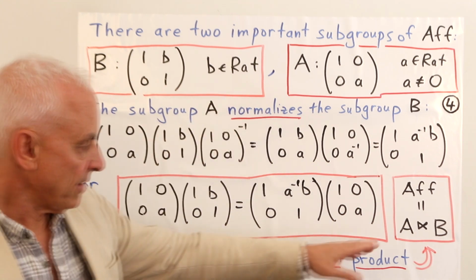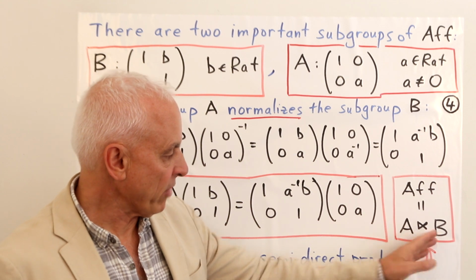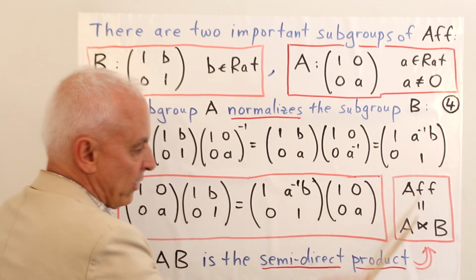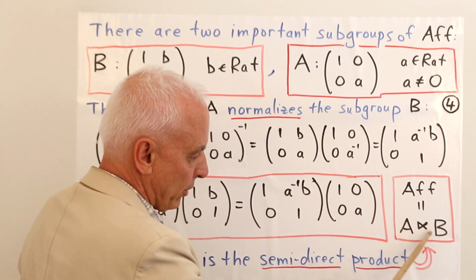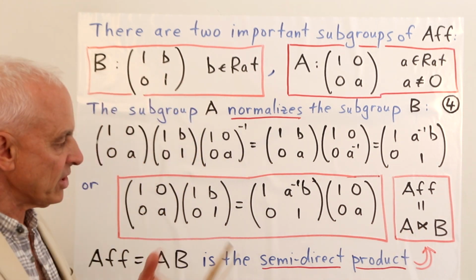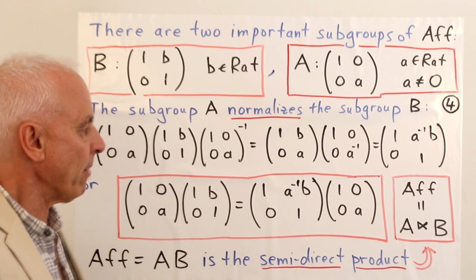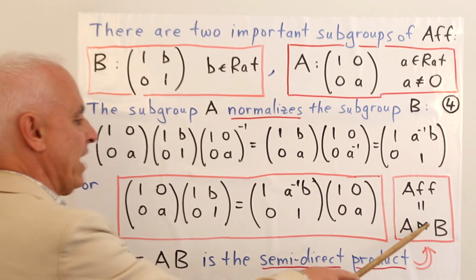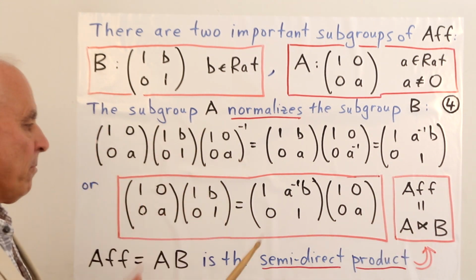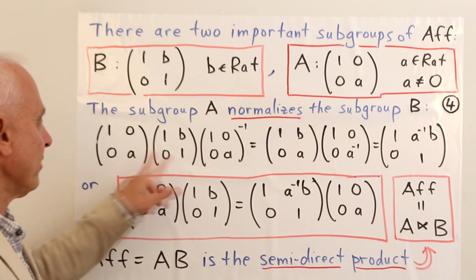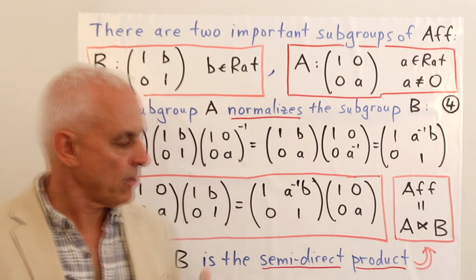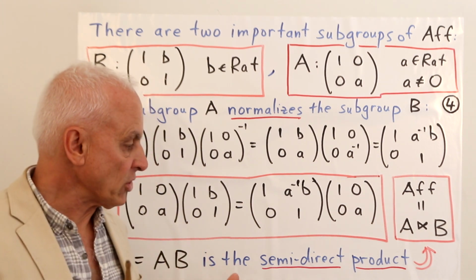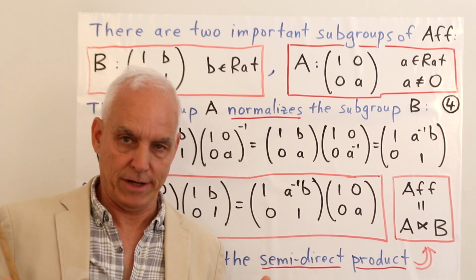And sometimes in group theory language, the semi-direct product is written like this. The affine group is A semi-direct product B. There's a kind of triangular symbol there, which is suggesting that there's a normal subgroup floating around here. So B is actually a normal subgroup of the big group. That's another way of saying what's going on here. Okay, so this is a semi-direct product construction of just the affine group generally.